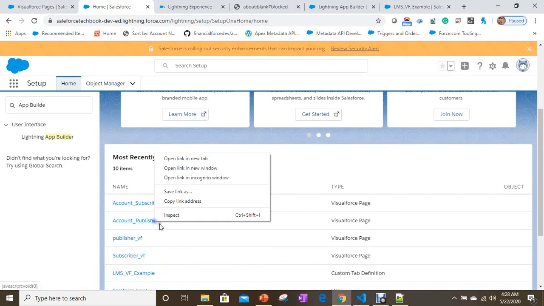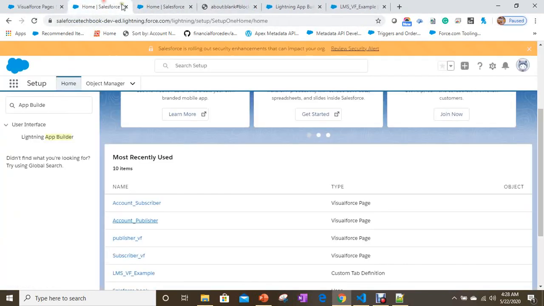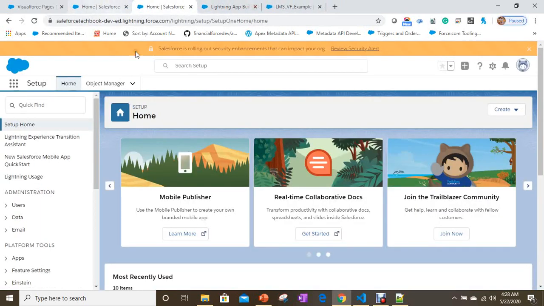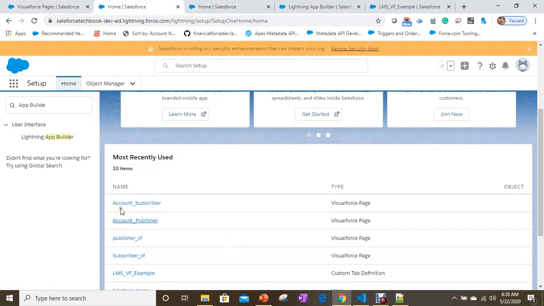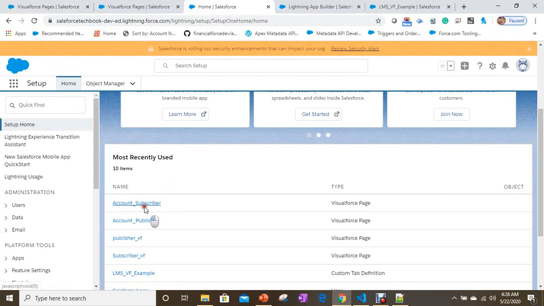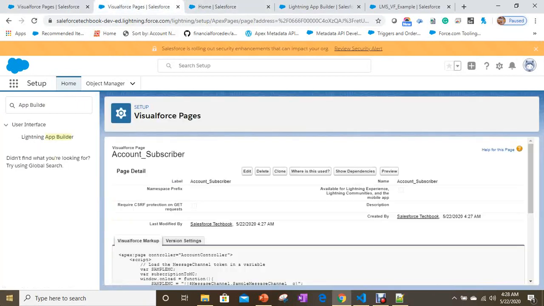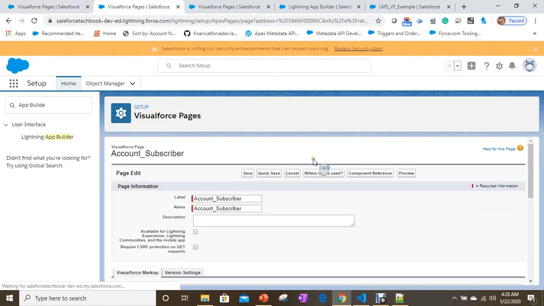Account subscriber, account publisher. And here you have to make this checkbox checked.